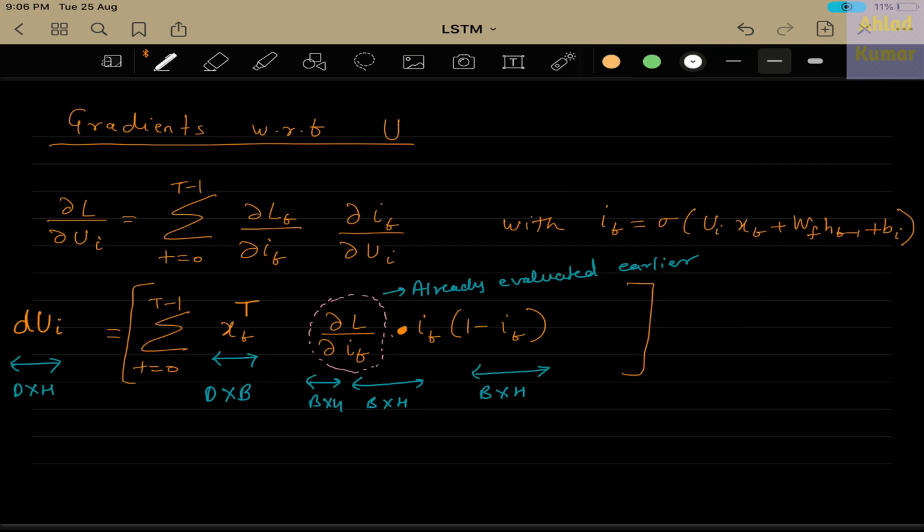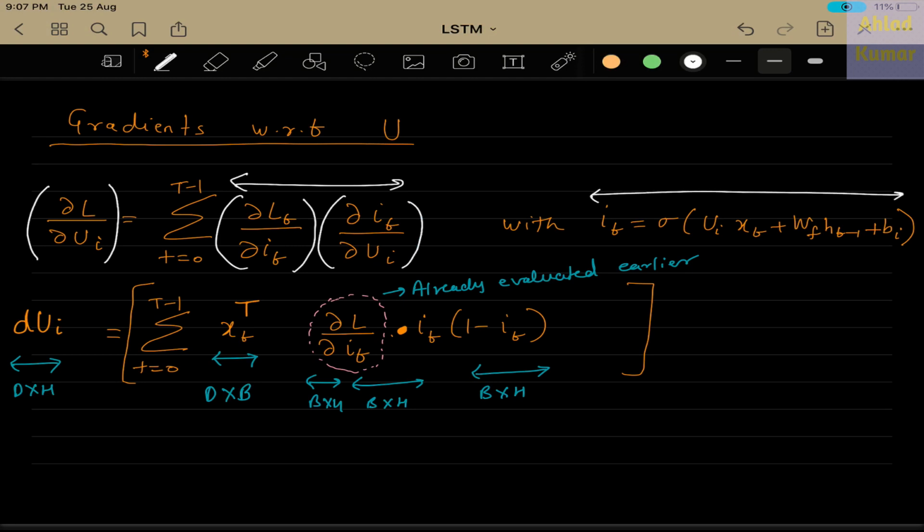So the derivative of the loss with respect to u's also can be calculated on similar grounds. I will not go into the details, but what I am giving here is the final expression that we can obtain when we calculate the derivative of the loss with respect to ui, and that is equal to this, and this we have already calculated earlier in our slides. You can check that as it's written over here, and then the derivative of it with respect to ui will be calculated through this expression, and that will result in this expression over here and this expression over here, and this we have evaluated earlier also.